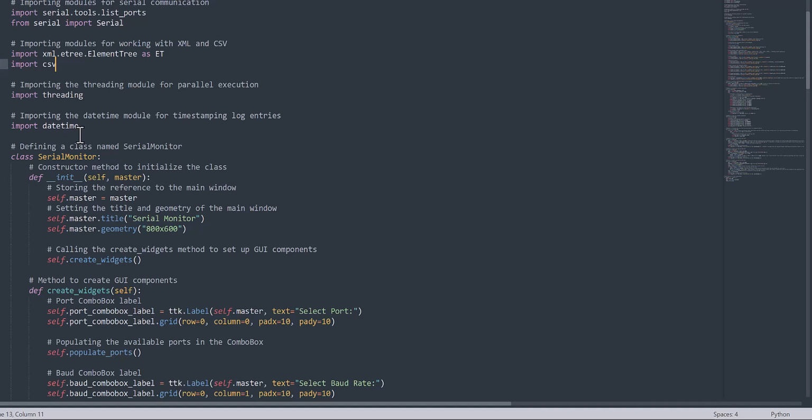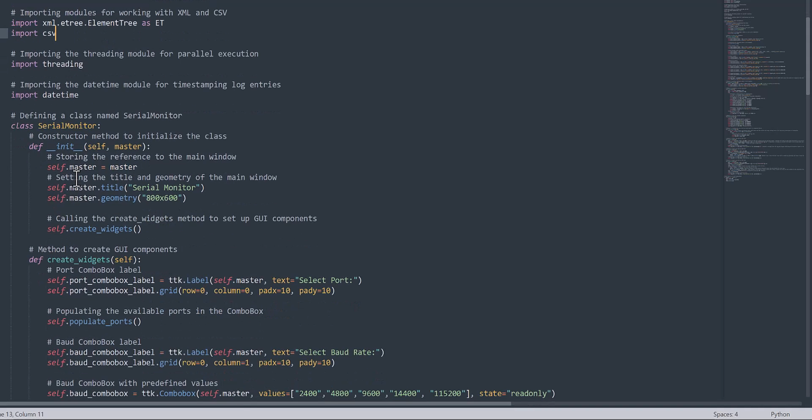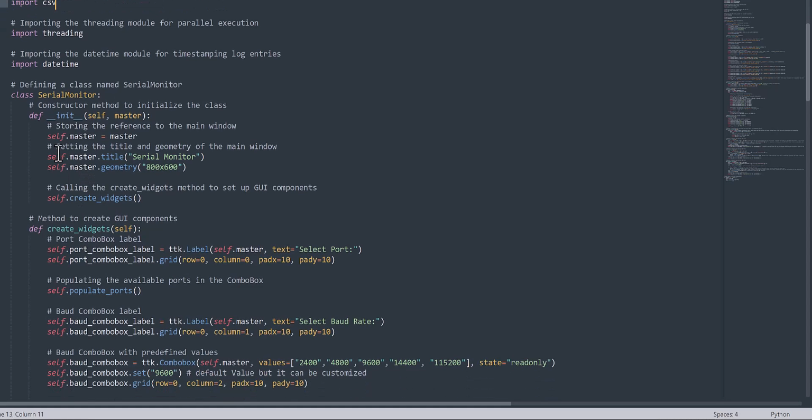Also, it is possible to provide the date and time for each log, but in my case, I didn't define it, though this also makes sense if you want to have it for each line of the log. Then I defined a class name for the serial monitor, a very basic command of the Python language, and then I defined it as the master, and